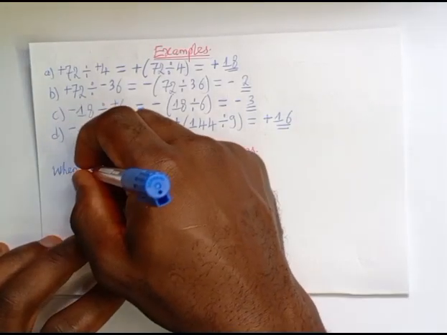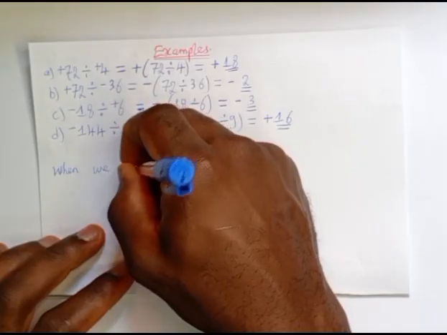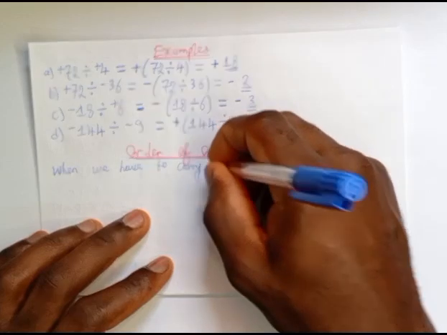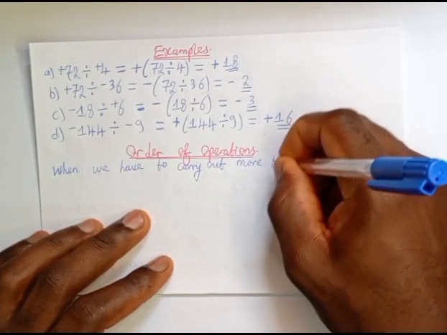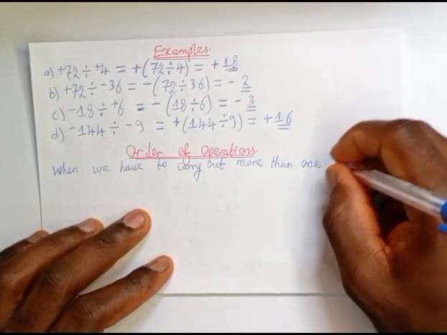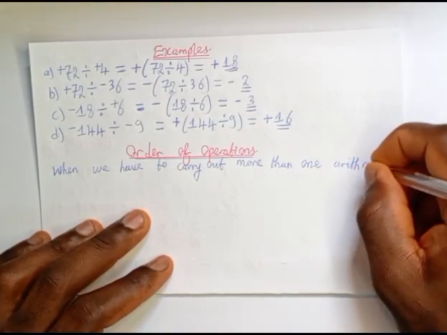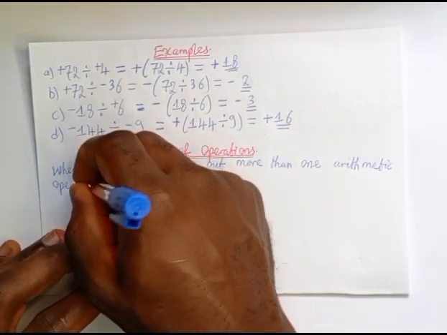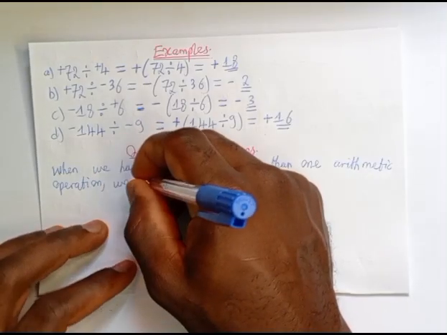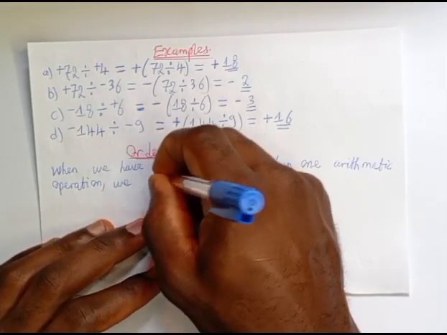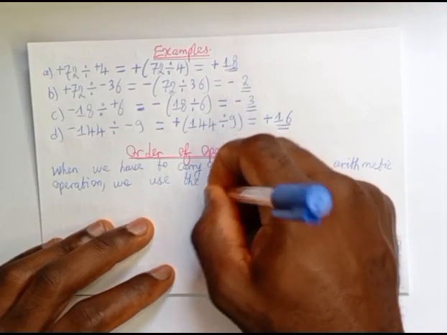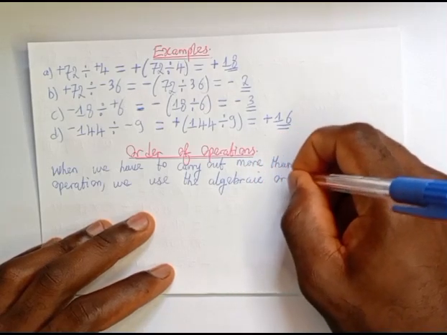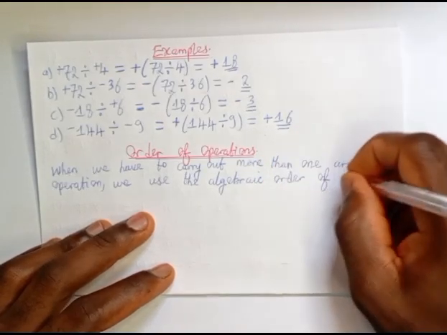When we have to carry out more than one arithmetic operation, we use the algebraic order of operations